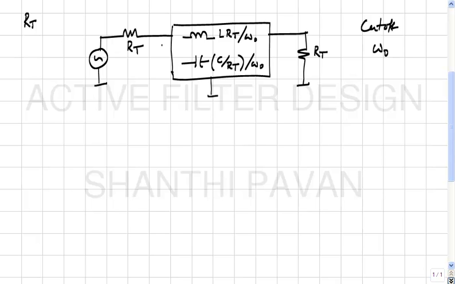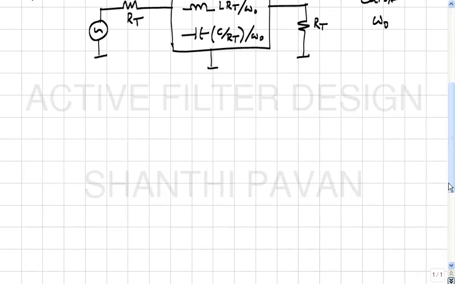The reason for that is, as we'll see, that there is something called noise, and if you make RT very large, the filter will, apart from filtering the input, also add its own noise, which becomes too high. So RT cannot be chosen to be very high, and cannot be chosen to be too low, because obviously the sources have to drive this very low impedance. Therefore, an engineering choice of RT is necessary, where you are neither making RT too large that noise becomes a problem. So you just choose it large enough such that noise is not a problem. Okay,